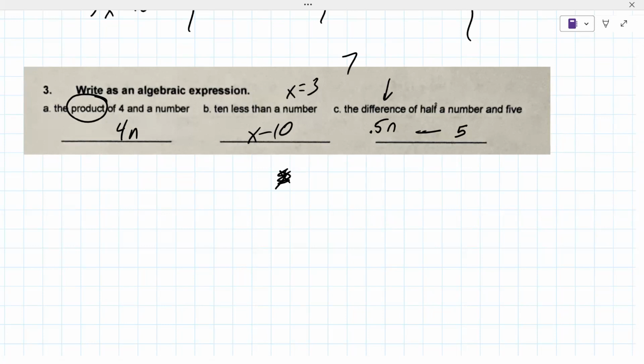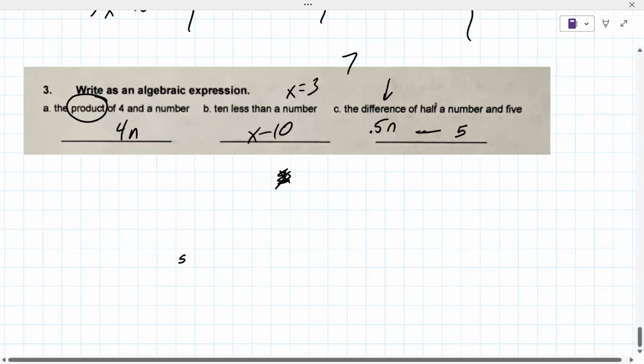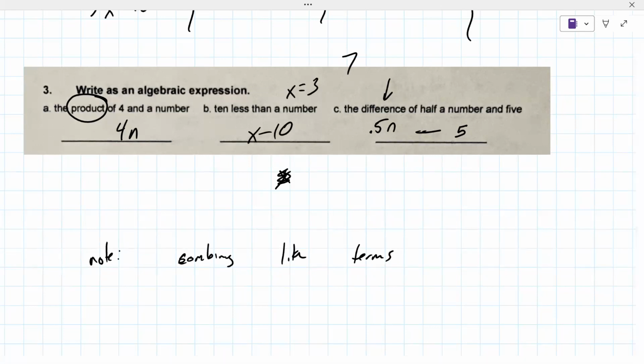All right, so that does it here. We really should spend some more time. I'm just going to make a note of this, that we should spend some more time on combining like terms, just a note for me in case we get an extra lesson somewhere down the road. Okay, we're going to go ahead and stop there for today. Our lessons kind of range from 35